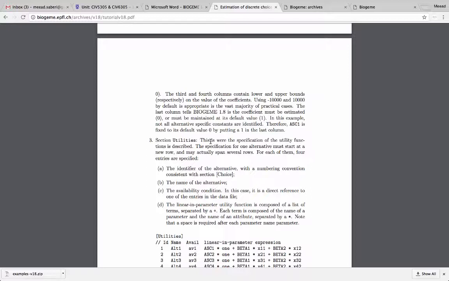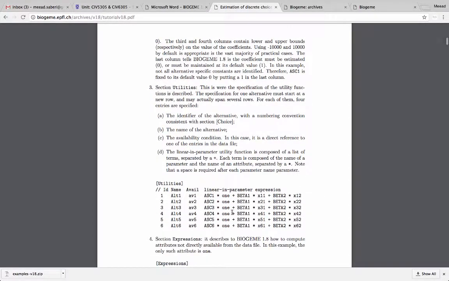For each of them, 4 entries are specified. You need to specify the identifier of the alternative with a numbering convention consistent with the section choice. You need to specify the name of the alternative. You need to specify the availability condition, whether the alternative is available or not, and also the linear in parameter utility function,